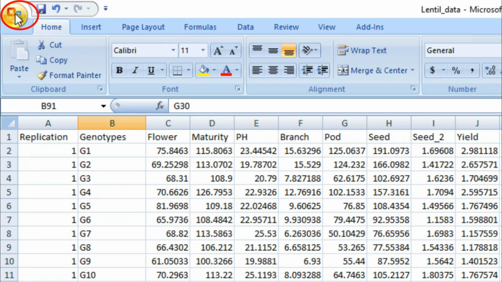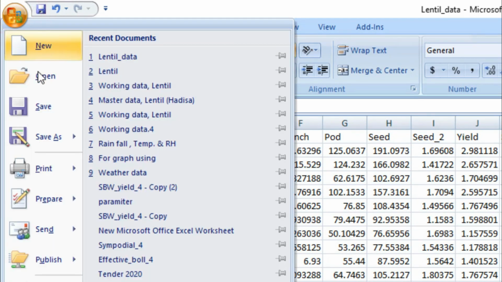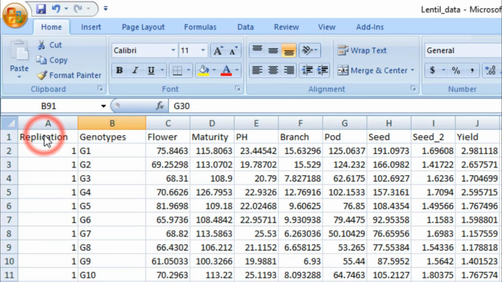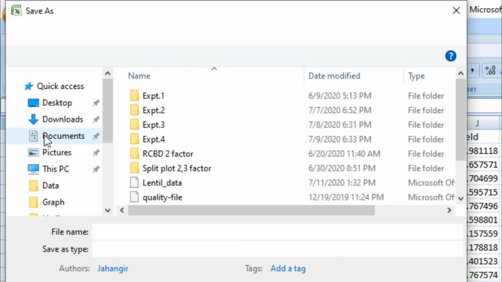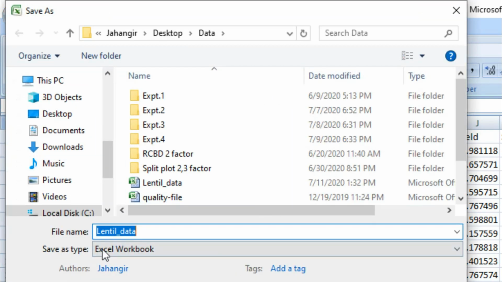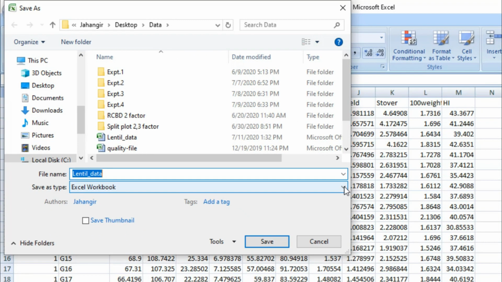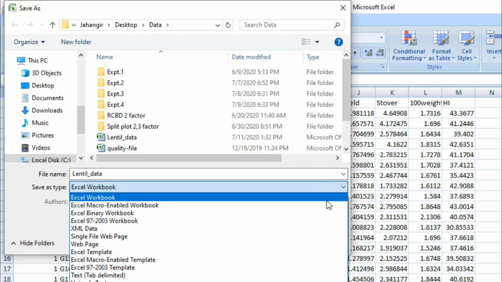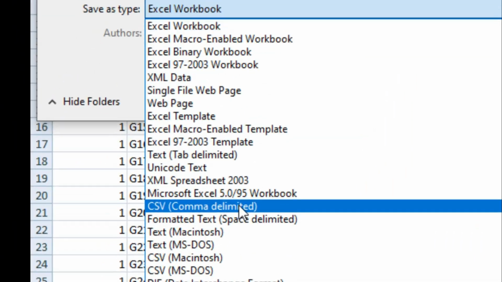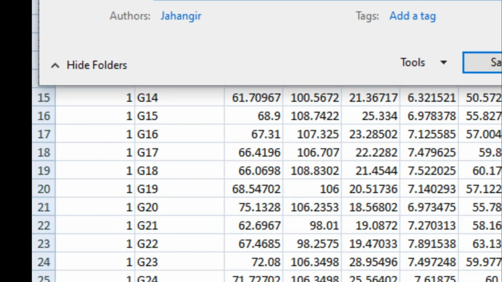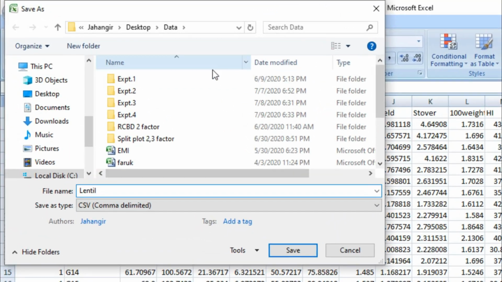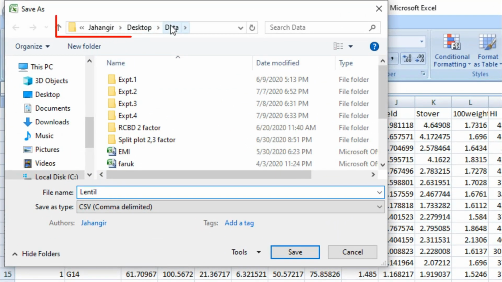So first you select here, and that is save as. Select save as, and save as type. RStudio analyzes CSV files, so we can select CSV delimiter, and the file name lentil, and this is desktop, data, and lentil, and save here.